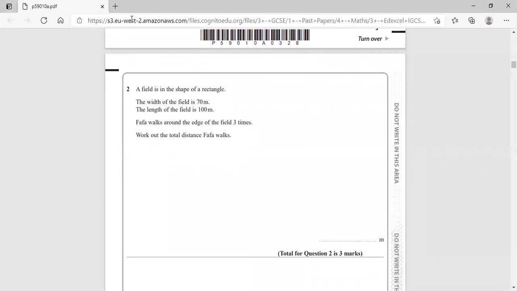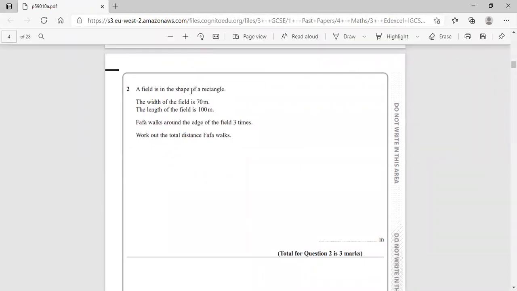So we're on to question 2 now. A field is in the shape of a rectangle. The width of the field is 70 meters. The length of the field is 100 meters. Fafa walks around the edge of the field 3 times. Work out the total distance Fafa walks. Okay, so we're going to have a